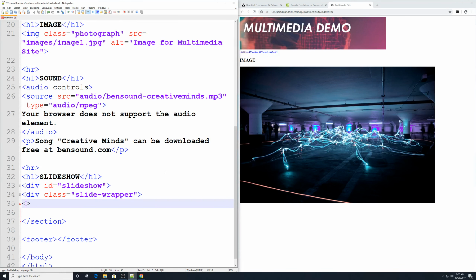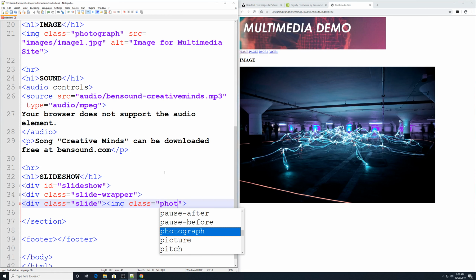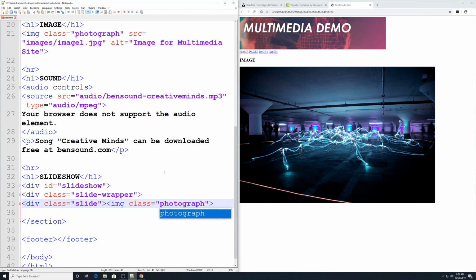and then underneath that we're now ready for the actual images. So div class equals quotation marks, and it is a slide, so we're just going to call it a slide. They're all going to be slides. And then to the right of that we're going to put in img class equals quotation marks photograph,